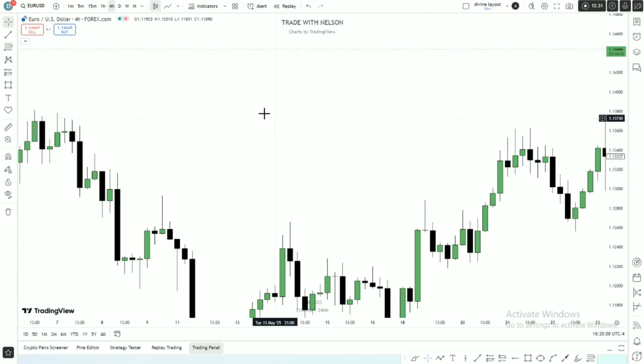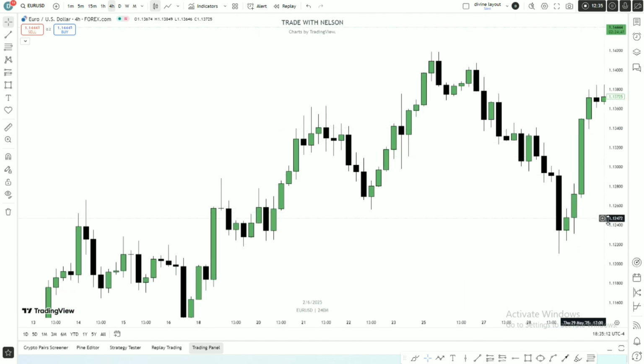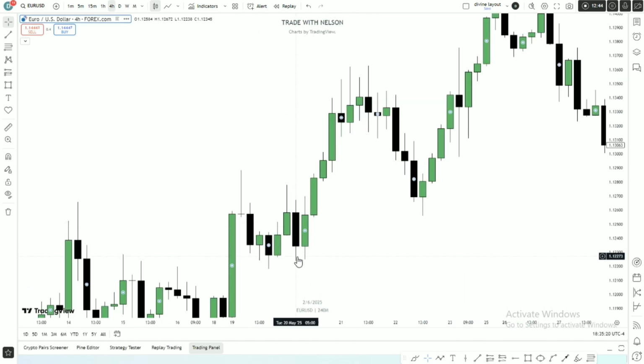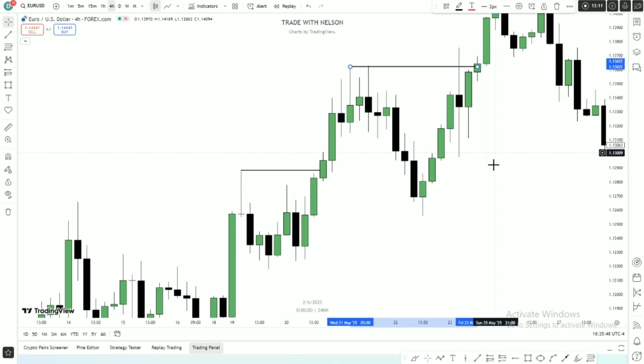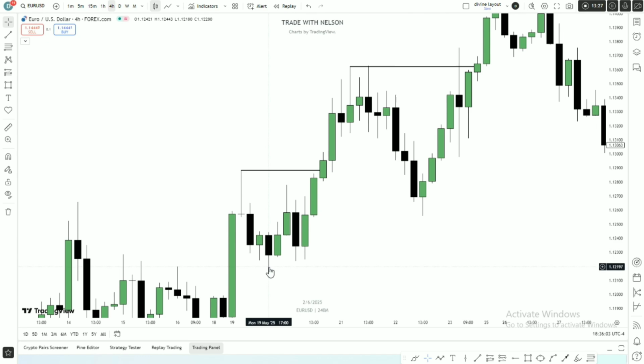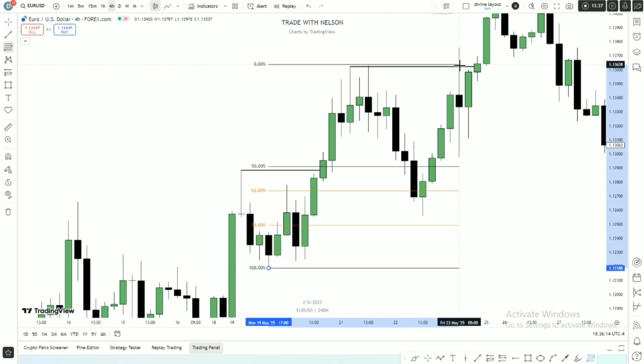So now let me go to my chart and show you some examples to confirm to you that these golden zones actually work. So you can see at this point, the market has broken structure to the upside. So we anticipate that market will come down here, and then break structure to this side. Then we have this swing low, because this is the swing low that was created before the break of structure, and it's the swing low before we have this high. So if I take my fib and mark out this level from this point up to this high,